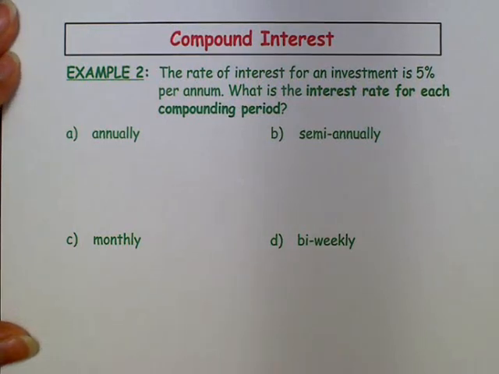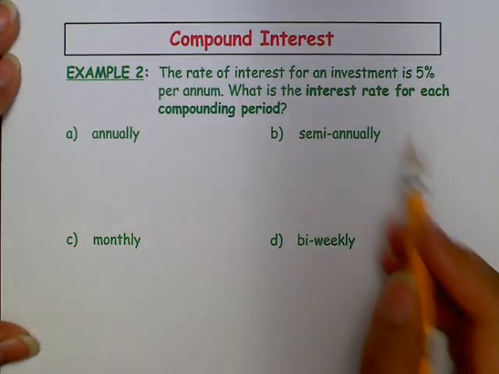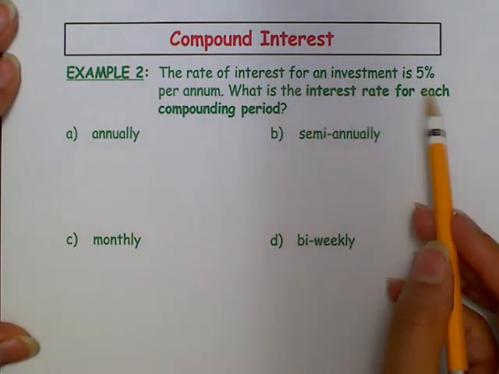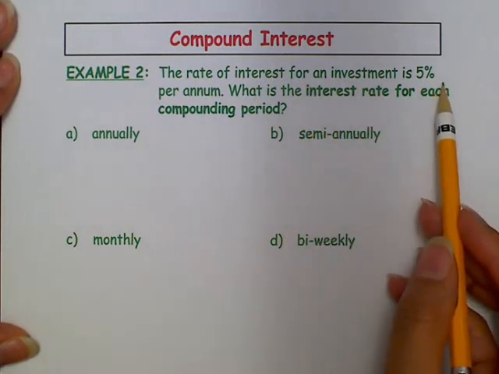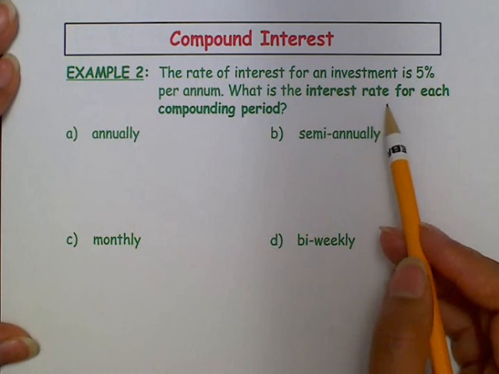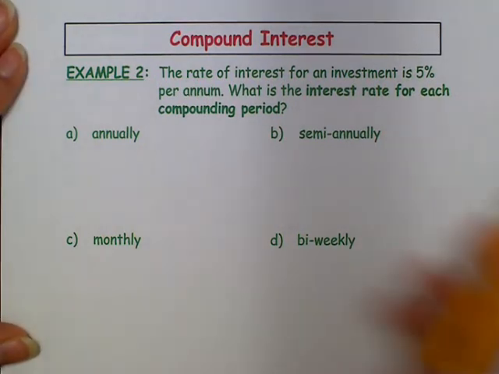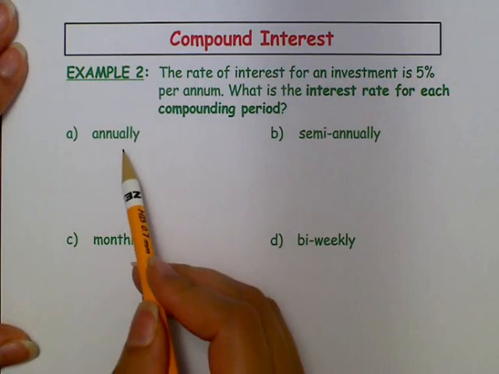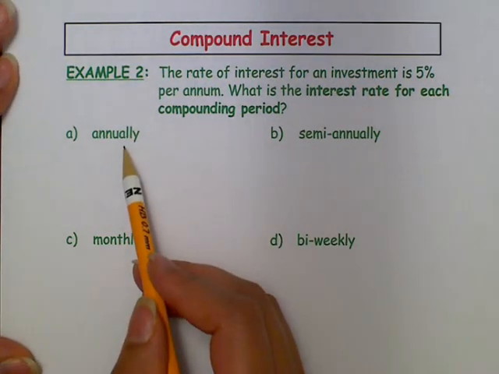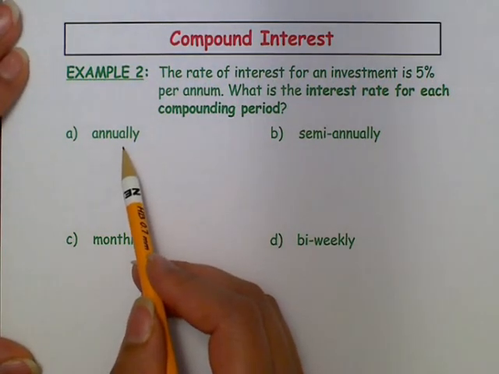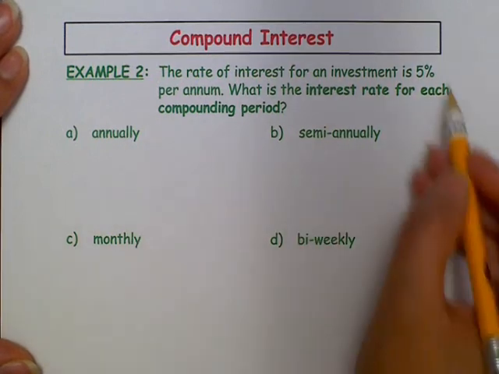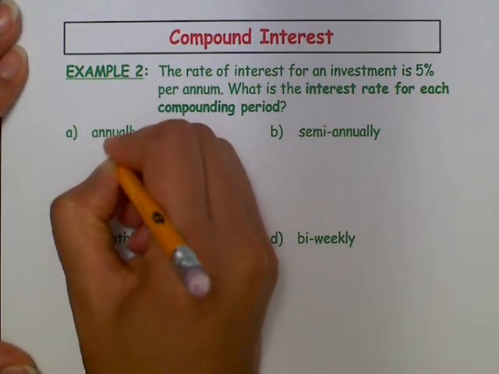A few more examples. Example 2 says the rate of interest for an investment is 5% per annum, so that means 5% per year. What is the interest rate for each compounding period? What we're looking at is how much interest you're earning at each of the compounding periods. If interest is compounded annually, that means you're only earning interest once a year, so that one time you're only earning 0.05